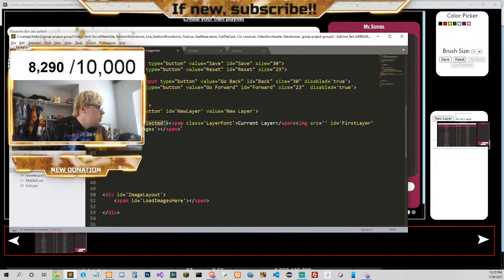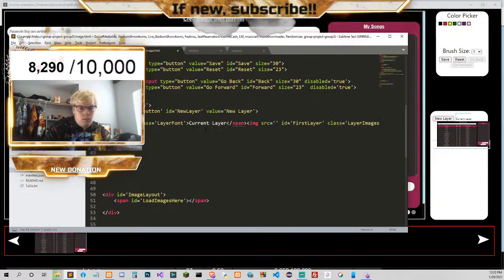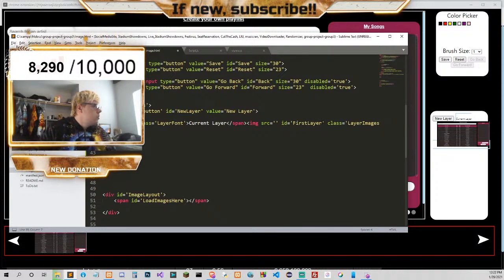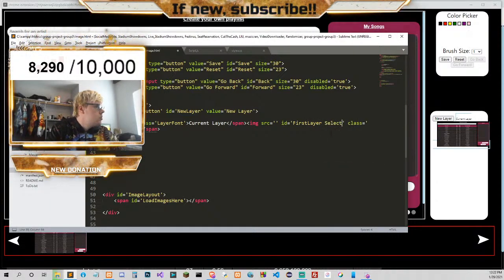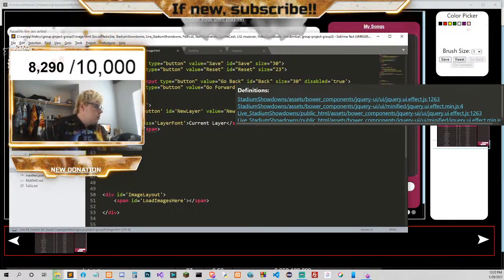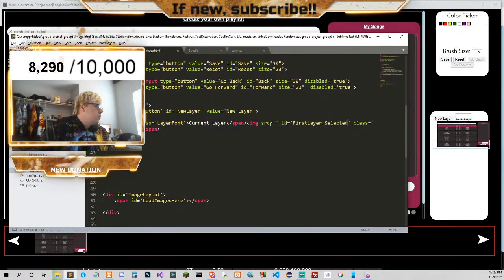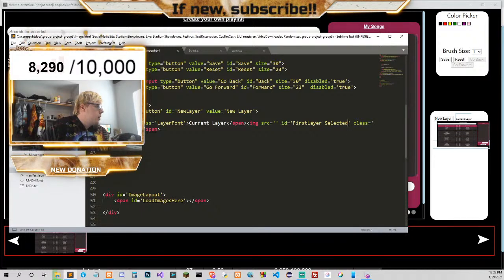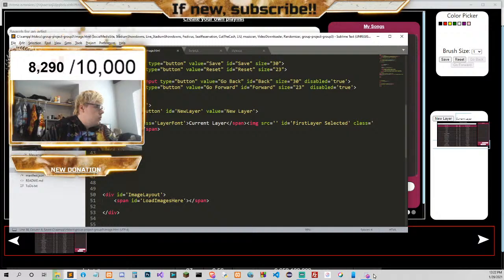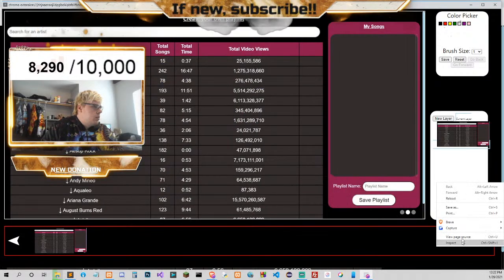Oh, okay, we don't want. We want the selected here. So that way it's selected, and then the image source there, and then we want to add a BR here, and then we want this image to be smaller, so let's fix that.